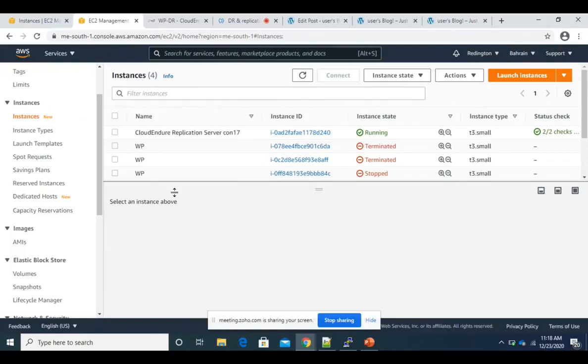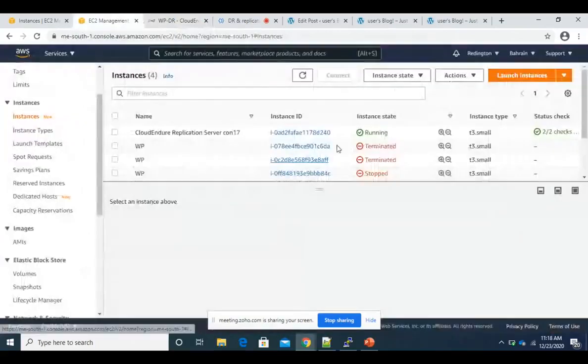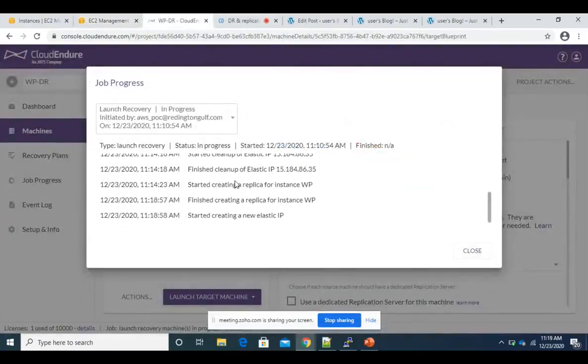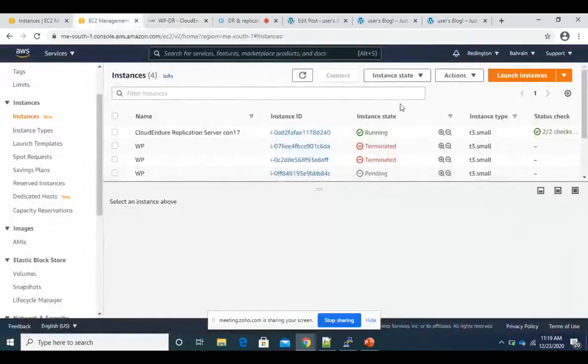Now the state will change to running very soon. Pending. Now it will become running. So as you can see, now it has finished creating the replica instance, and a new public IP got attached, and the new replica instance server is up and running.